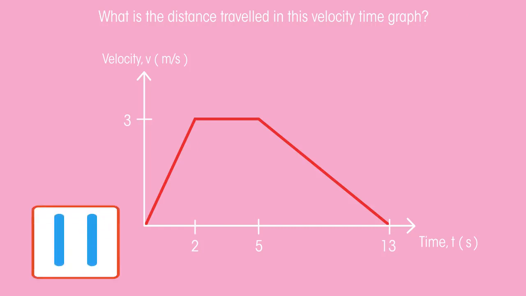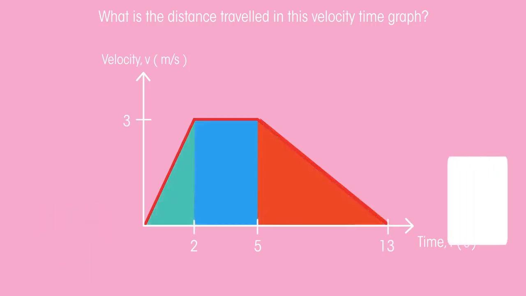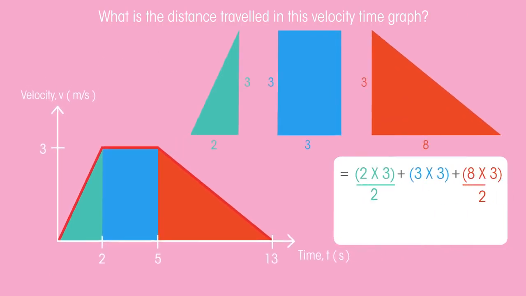Pause the video and work out the distance travelled. Did you get it right? This means that for the journey shown by the velocity time graph, the object travelled a total distance of 24